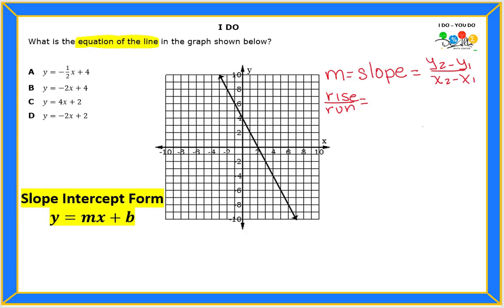We are going to do rise over run because since I do see a graph, it is very likely that I can find rise over run without too much trouble. Now, if for any reason you cannot find ordered pairs of numbers that are exactly on the intersection of an x and a y, let's suppose they look like decimals, then you cannot do rise over run, okay? It's very risky to do rise over run with decimal numbers. So let's see if we can find any